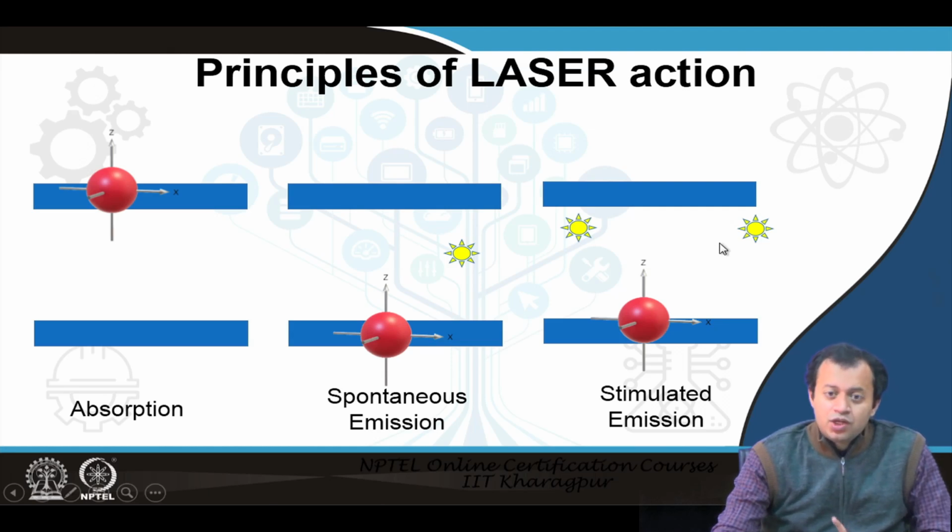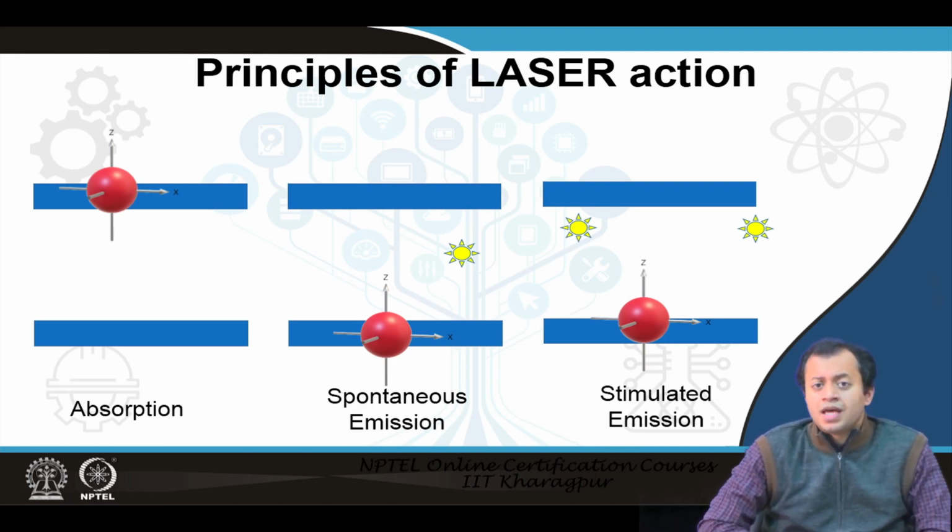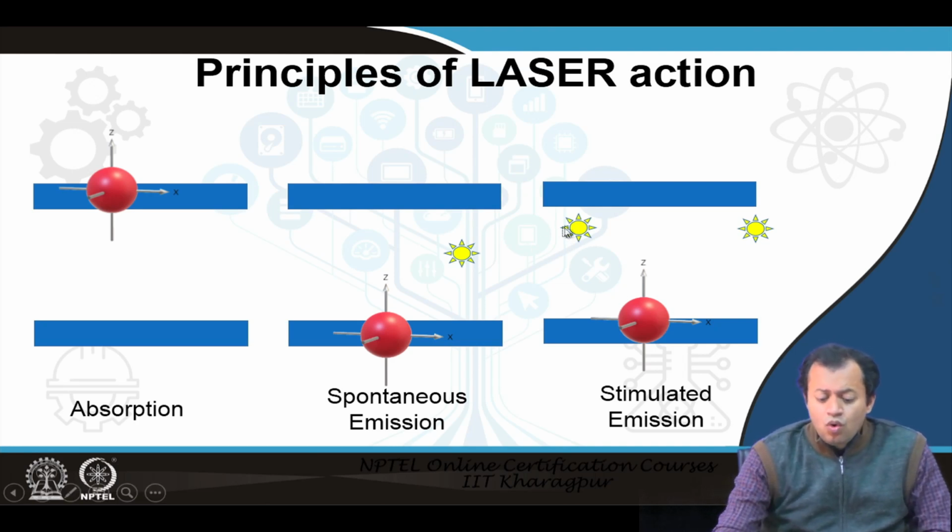It will only throw up if you give energy, or if you give a photon of the same kind that it has previously consumed. Now, since I have lots of students from physics MSc and physics doctorate, I have a question. What will happen if this photon is of a different energy? Will you get a stimulated emission? Will you get a stimulated emission if this photon is of a higher energy?